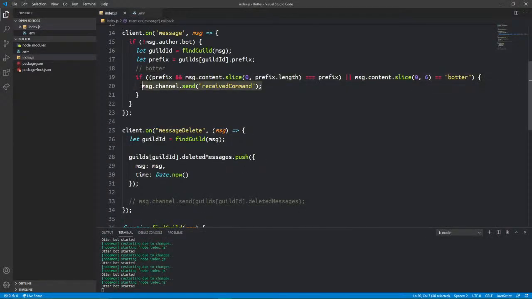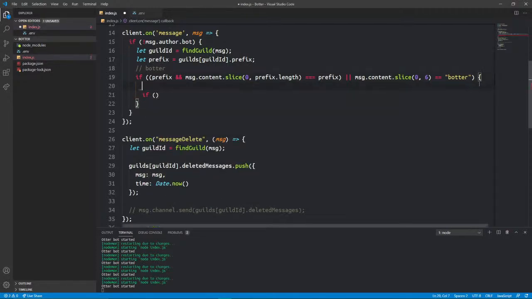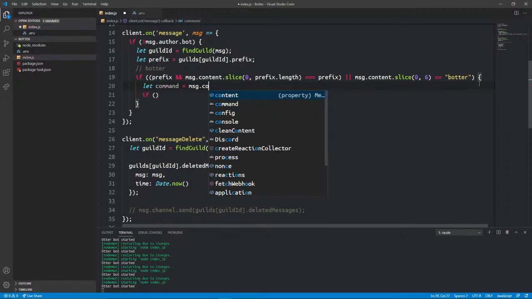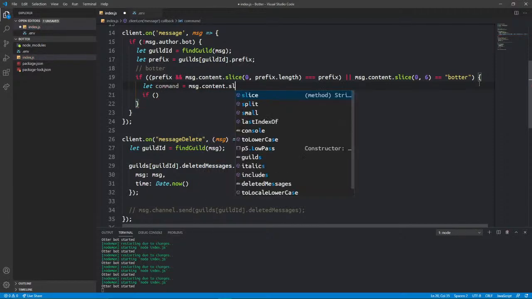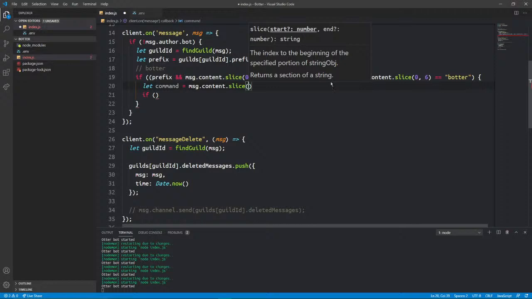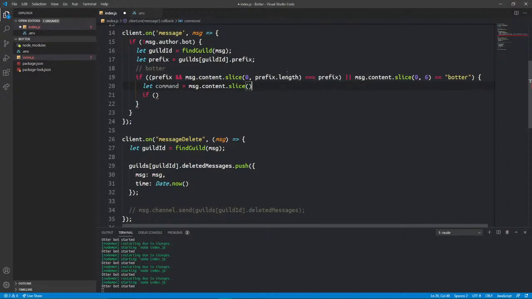So then what I can do is let command equal message.content.slice, and then we just want it to start at the